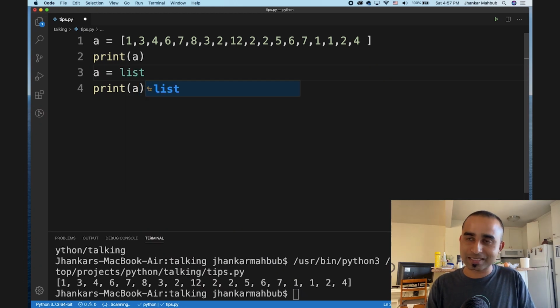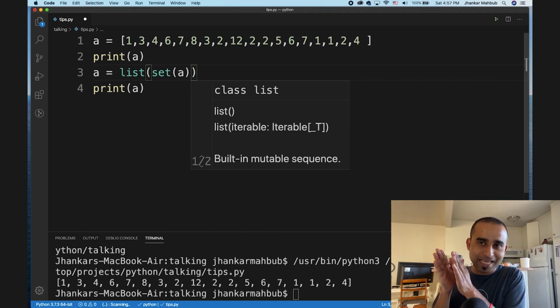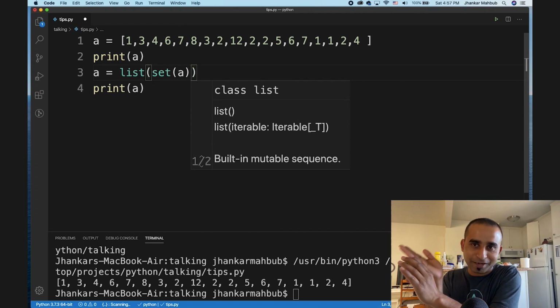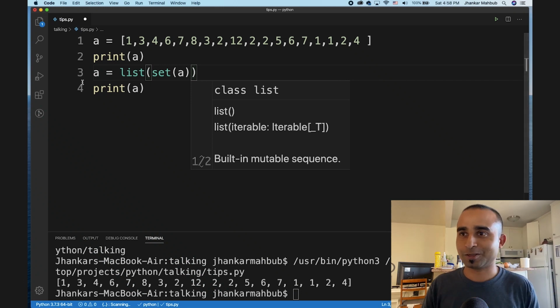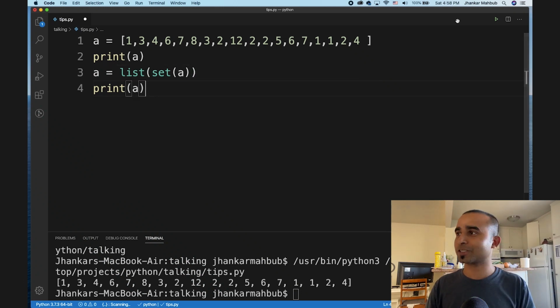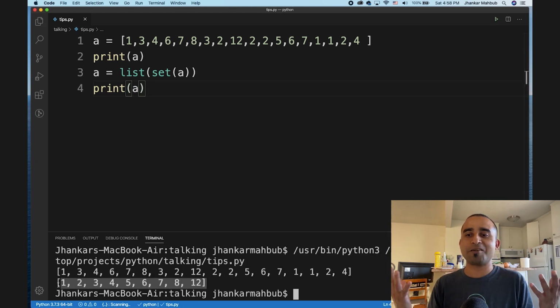So this would be list, and in between set, and A. So we are taking the list A, converting it to a set, which we know is unique, and then converting to a list again. It's a very clever way, and it works all the time. We run it here, and you see the second output doesn't have any duplicates.